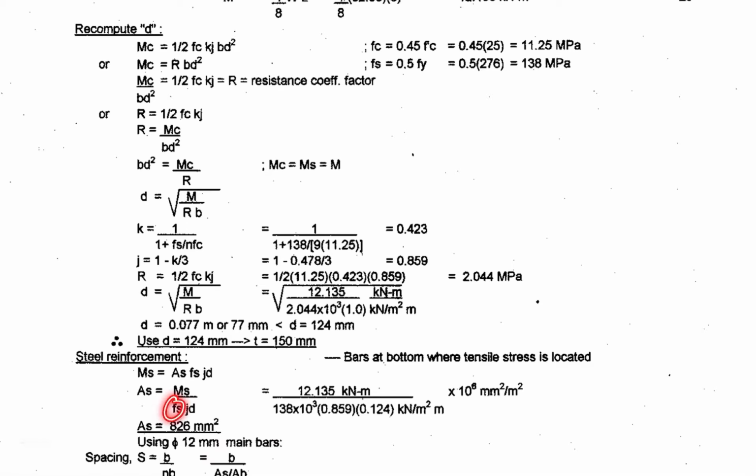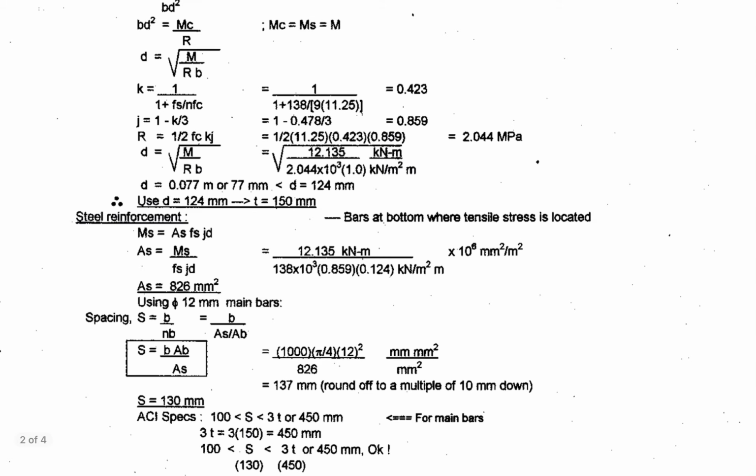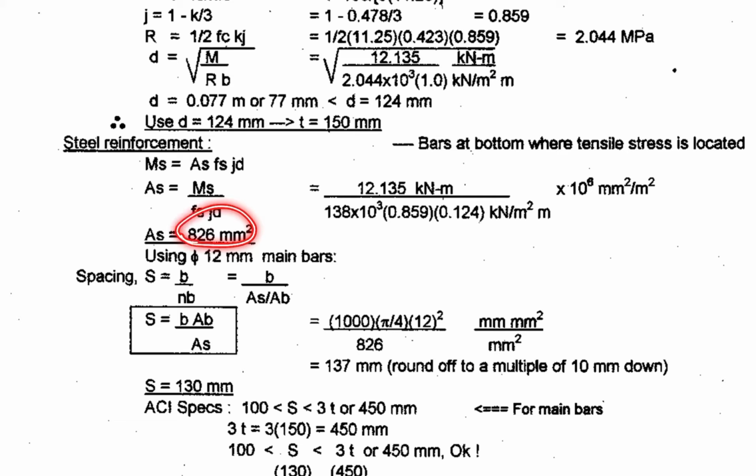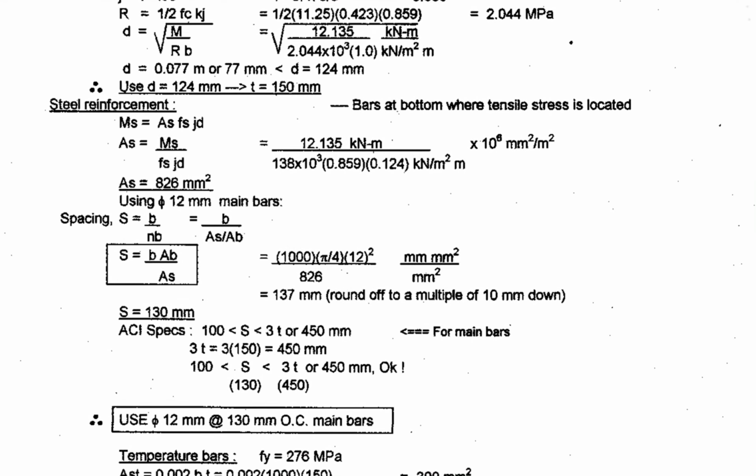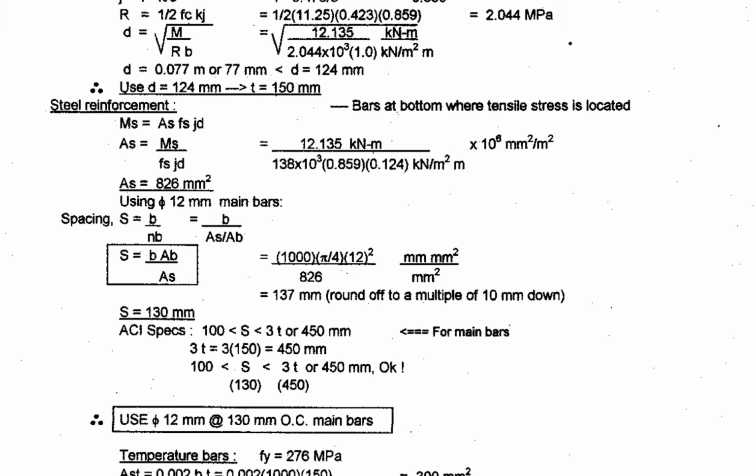Okay, then you already have your fs and your j. You already have to solve for j, and then your d, you have 124. So therefore you have your area of steel equivalent to 826. So to solve for the spacing,